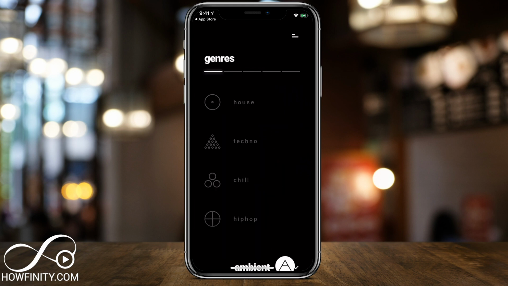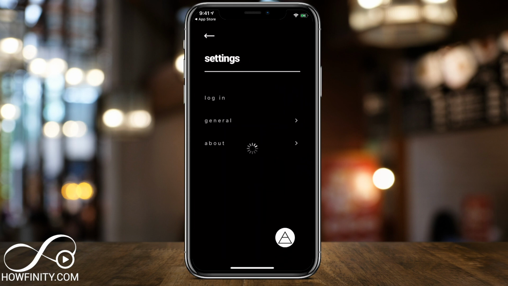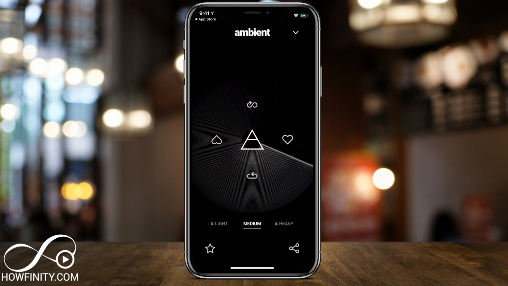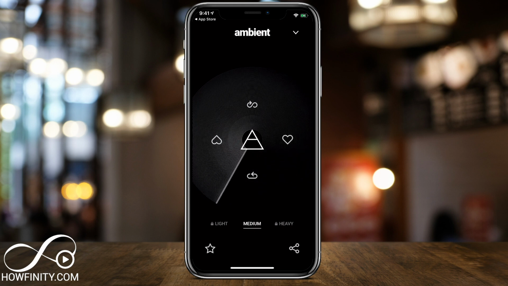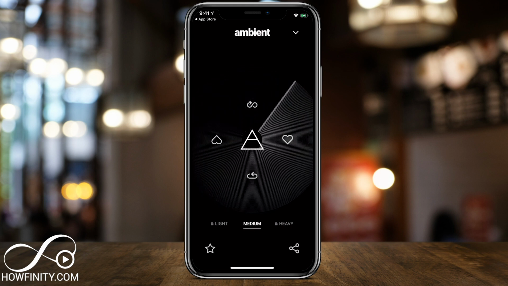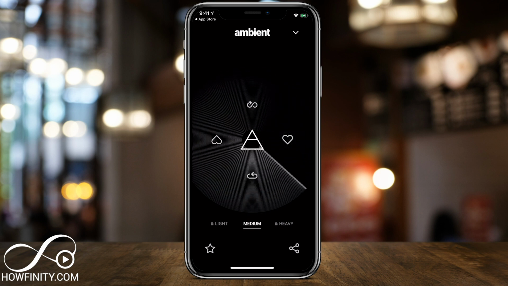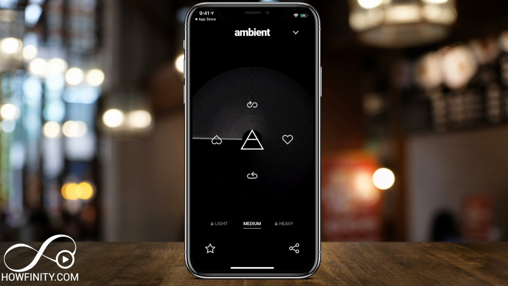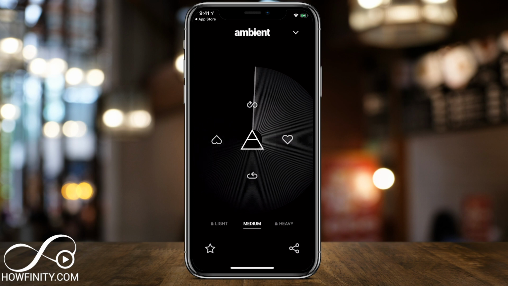In fact, if you press this down arrow, you could press those two lines here and then go to the About page and then go to their website to read more about how they license different options, or go to the General tab to turn on a couple of options here. But that is kind of missing from the app, so I wish they explained a little bit more, because I could see using these for my videos as background music that's never the same, but that part was not so clear. But as far as an application to create music that's never the same, that's always different and always unique,